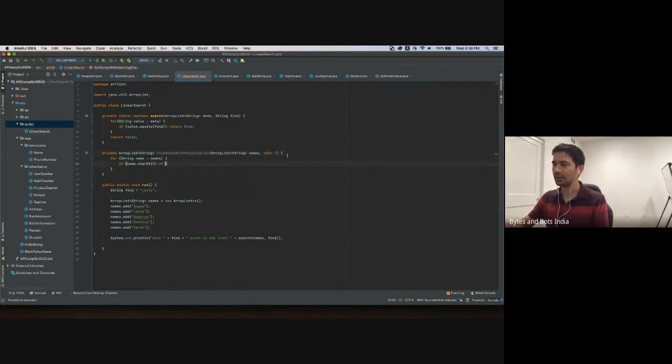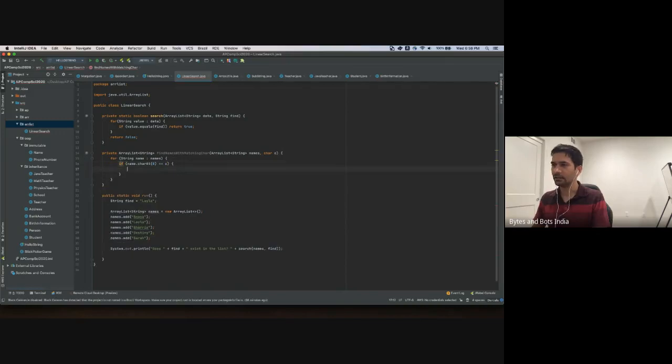That makes it easy. If it was string, then the way you would do that is c.charAt(0), which converts the one character string to that individual character. But for the sake of simplicity, let's just do it as a char. So we'll say if the first alphabet of the name matches the char,